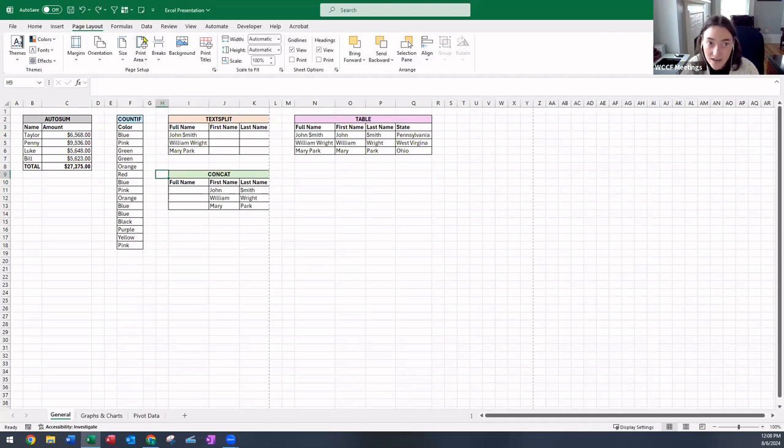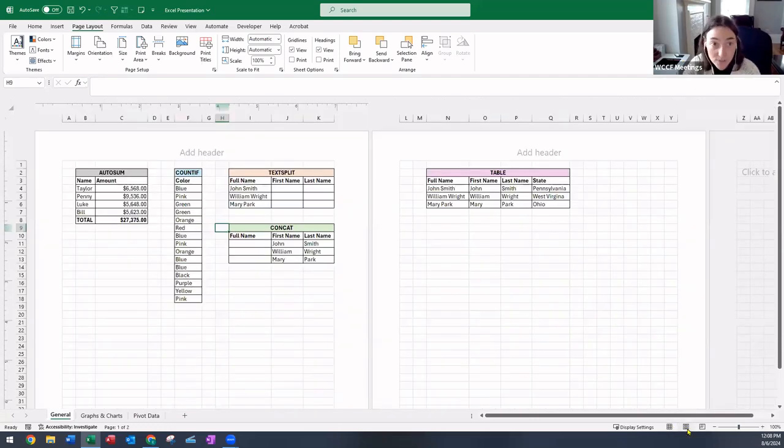For page layout, this is going to be more related to your printing option. So what you see right now on my screen is the normal Excel view. You can always change that. If you go down in the bottom corner next to where the slider is for your zoom ratio, you're going to see that the normal view is highlighted, but you could always change it to your page layout view. So if you want to see what's appearing on a certain page that's going to print,